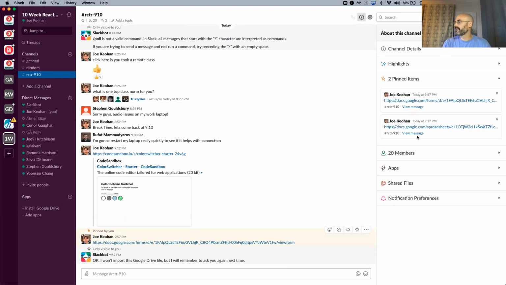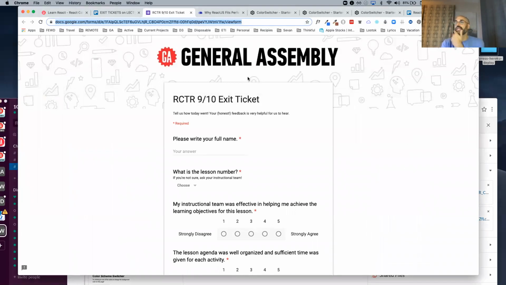And so I've pinned two things. I think I pinned the spreadsheets that have the Trello account info and this particular form. So you could take a moment to fill out the exit ticket. That'd be great. My manager's going to want to know everyone filled it out. And I'm going to tell her everyone filled it out. Everyone's awesome. And they want to give me feedback.